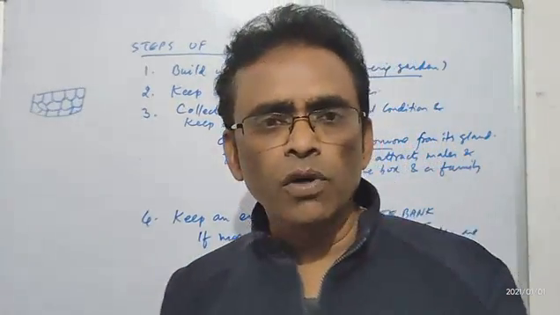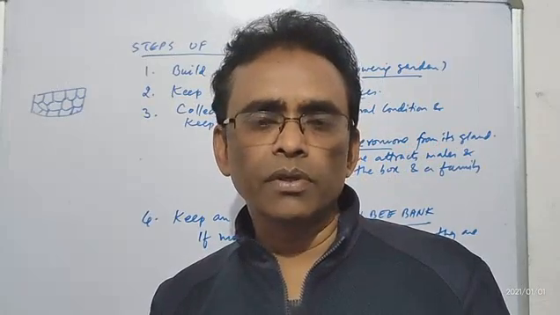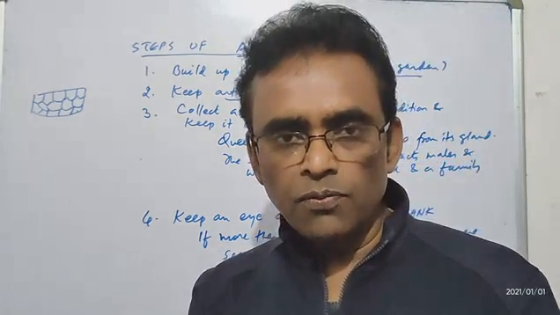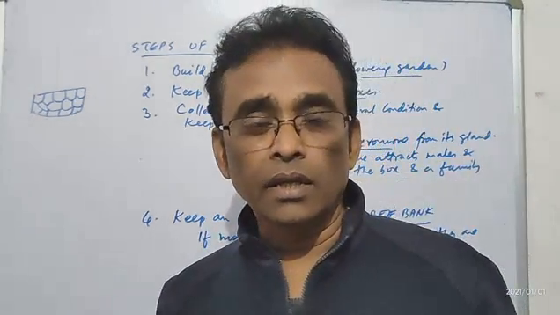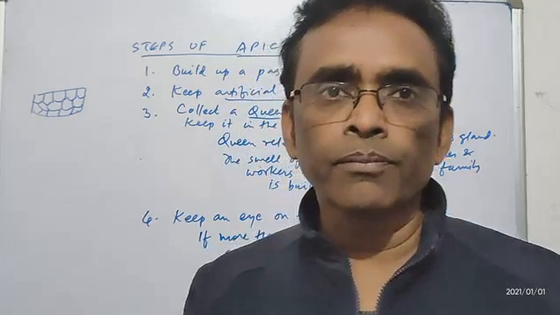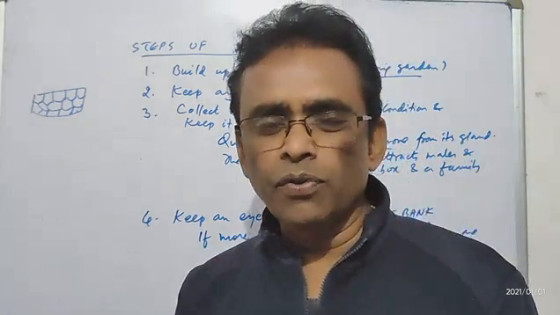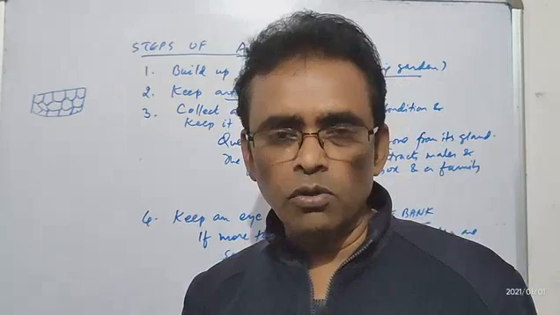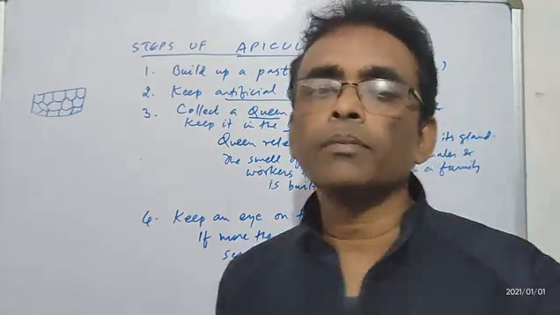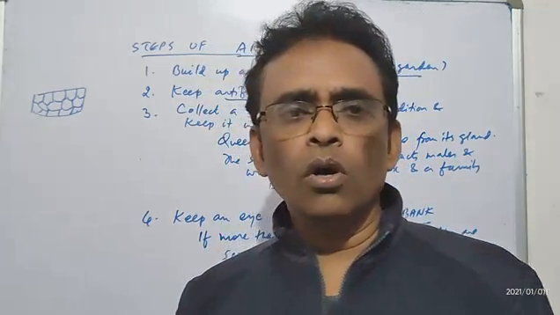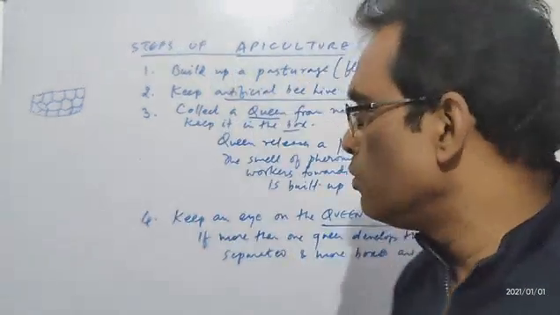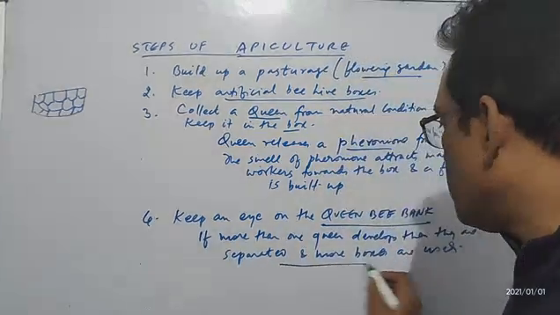You can start with one box. In that box, if 4 more queens develop, you keep one queen and you can keep these 4 queens in 4 other boxes. Next season you will have 5, and in the next season you will have many more boxes, growing as per your demand. If you feel that you don't need many more boxes, you can sell the queens to others who are ready for the apiculture process, or you can allow them to fight and the strongest one will survive, others will be removed from nature. So this is one very big thing.